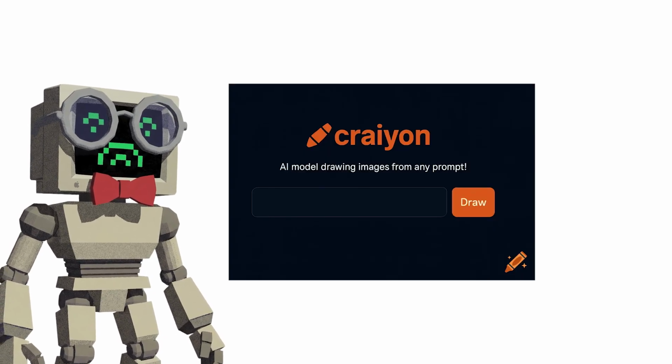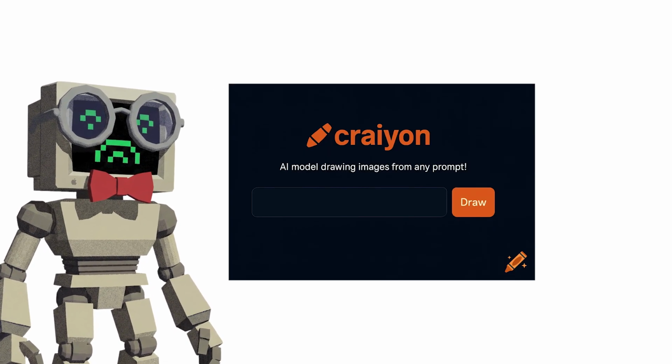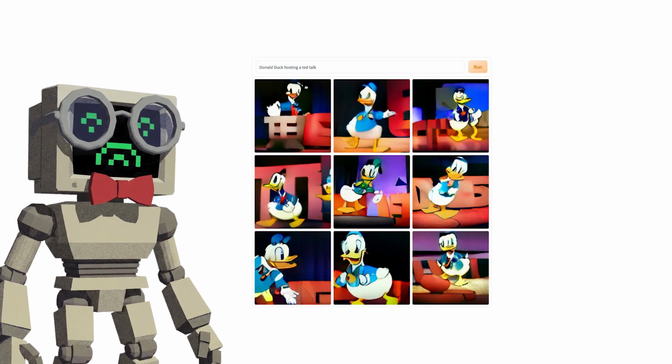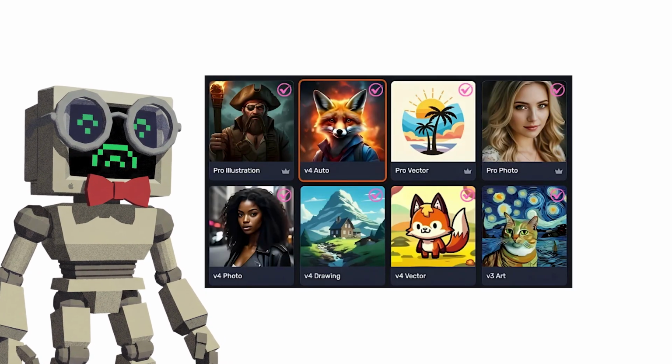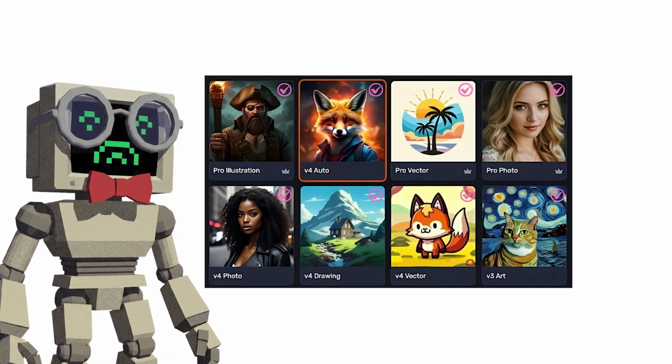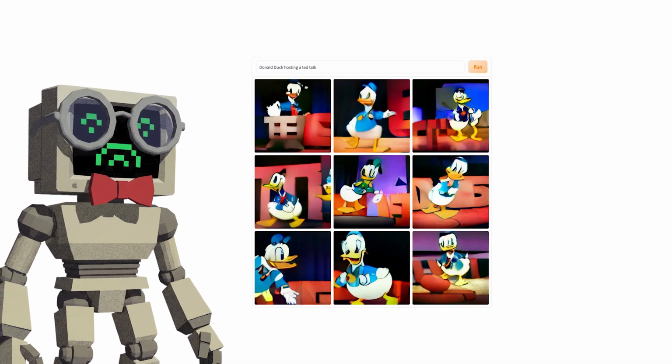The model runs entirely in your browser. You type words, you wait about a minute, and you receive something that vaguely resembles what you asked for. The free tier gives you a handful of generations with ads. Crayon Pro runs $6 a month for faster output and no ads, but the real magic of Crayon isn't the